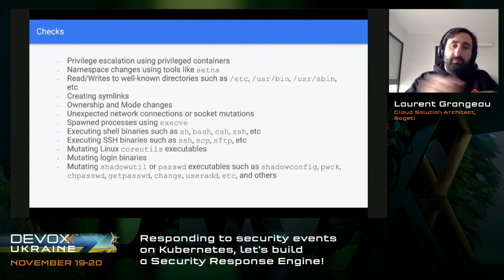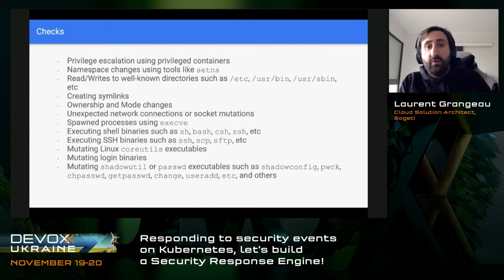So what does Falco check? Falco checks lots of things. For example, it checks whether you are running privileged containers and escalating this privileged container. You are changing namespaces inside the container with tools like setns. You change some binaries in /usr/bin or /usr/sbin. Or you execute SSH binaries such as ssh, scp, sftp. You can also detect that you are